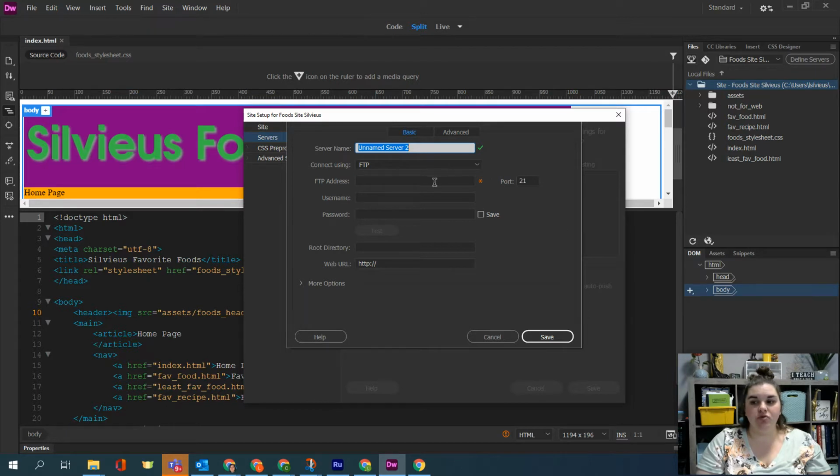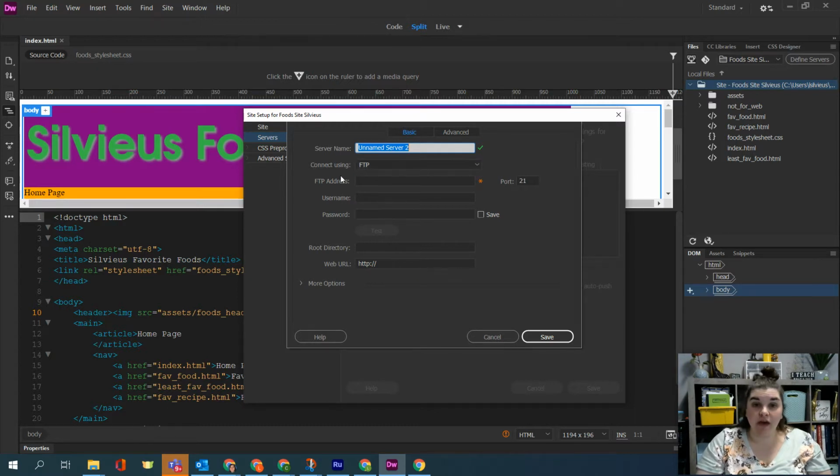Now, remember when I told you that there was like an IP address and a port number and things that may have popped up? That's because they're telling us how to locate that file transfer protocol server, FTP, and we're going to be connecting to it. This kind of gets technical, but essentially we're telling the computer where to find the hosting website address and how to connect to it. FTP stands for File Transfer Protocol,